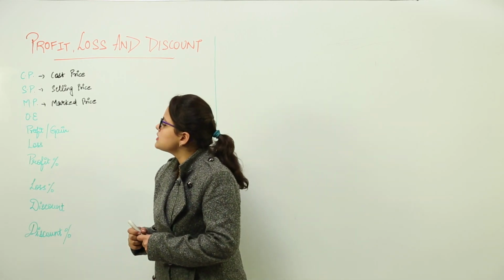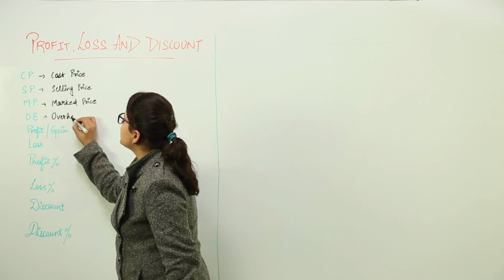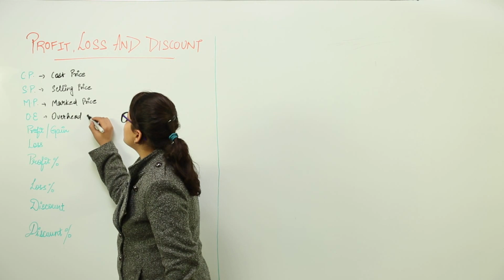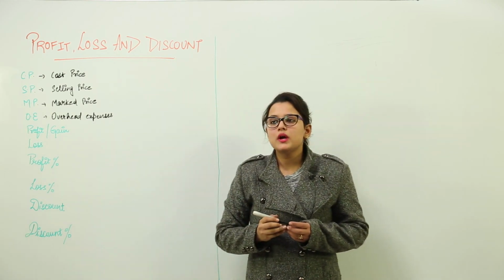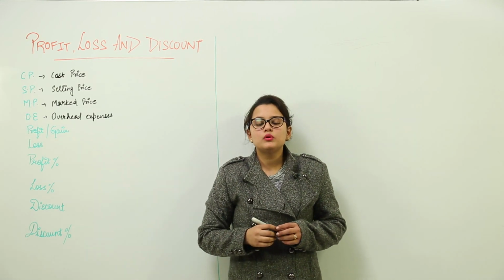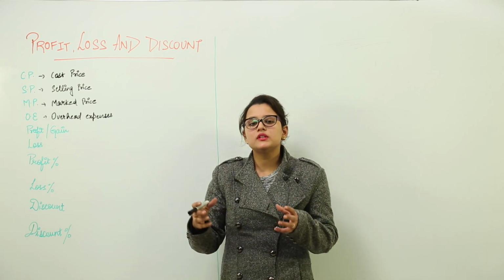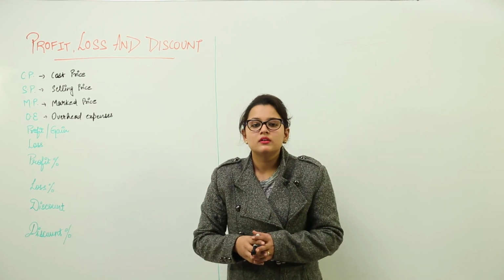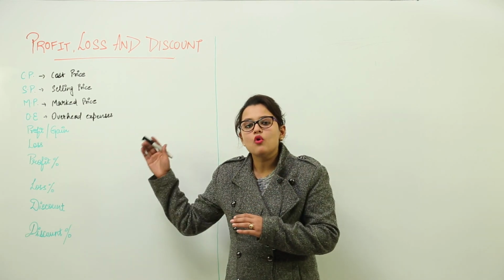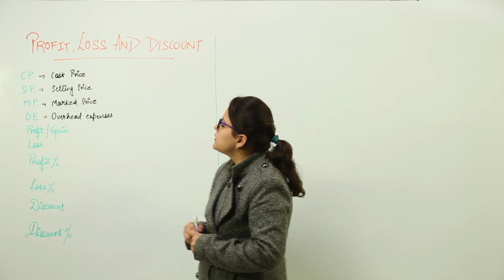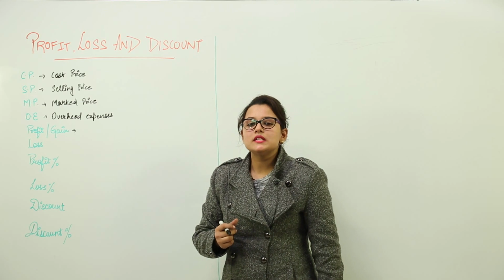Next is overhead expenses. Now this is a very familiar term, as the word already says, overhead expenses. Say for example, you have got a new Activa, right, and you want to get it modified. What you do, you will pay for the extra modifications that you will be getting done, right? Those modification prices will be coming under the overhead expenses over here, right? Next is profit, and the other name for profit is gain.